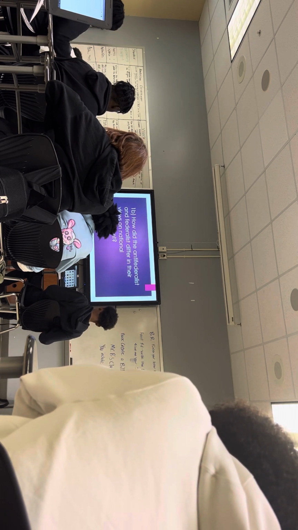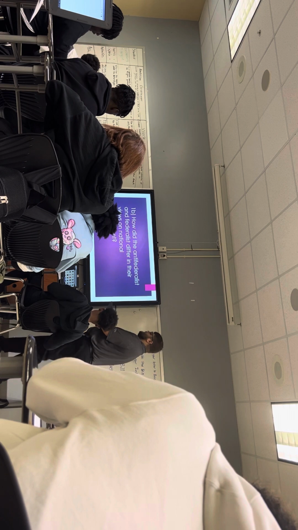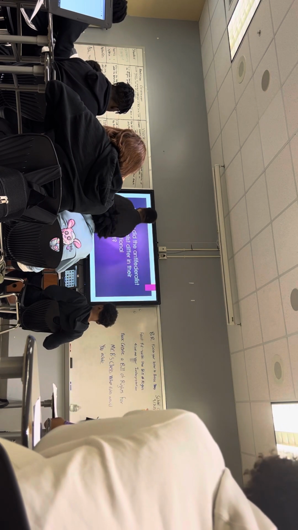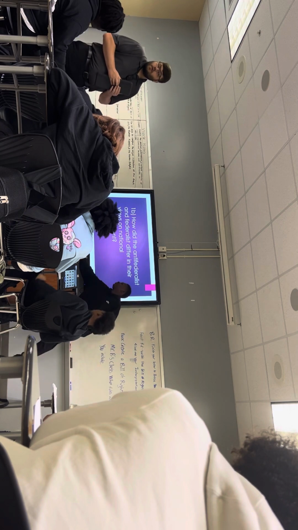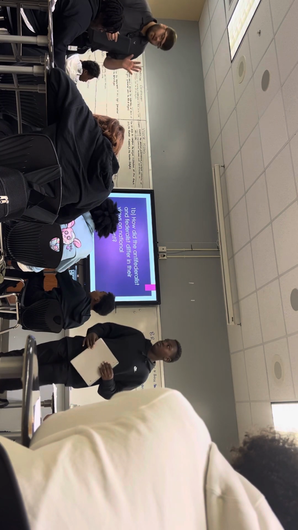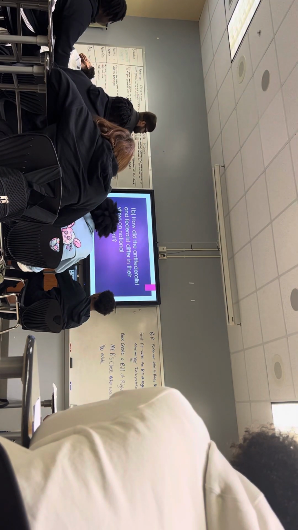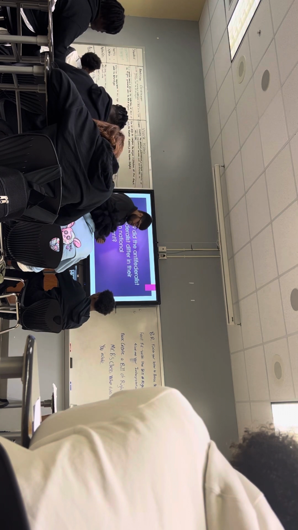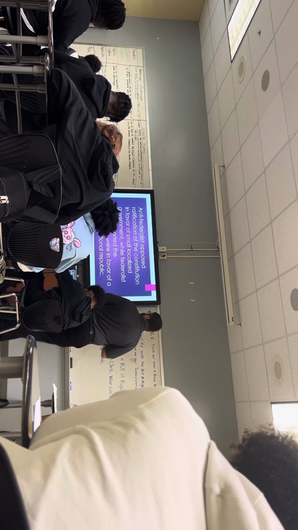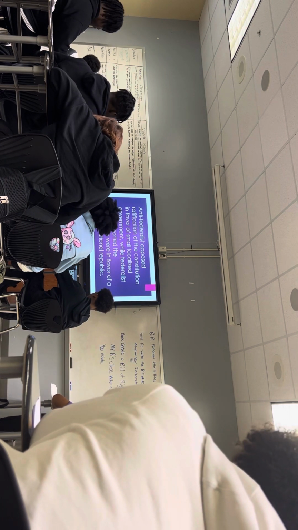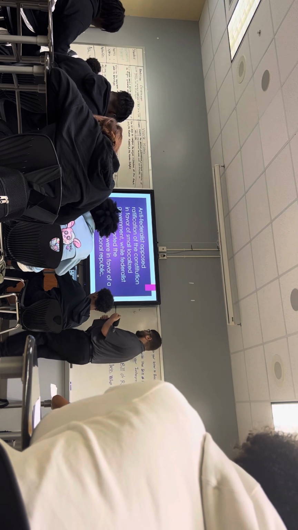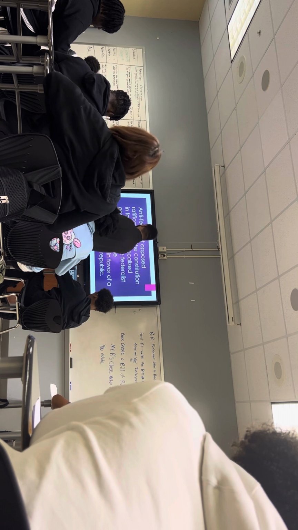So for 1B, how did the Anti-Federalists and Federalists differ in their views on national government? Who can tell me what the Federalists wanted in terms of their national government? The Federalists wanted a strong national government, while the Anti-Federalists wanted more power within the states. Anti-Federalists opposed the ratification of the Constitution in favor of small, localized governments, while the Federalists, who supported the Constitution, were in favor of a stronger national republic.